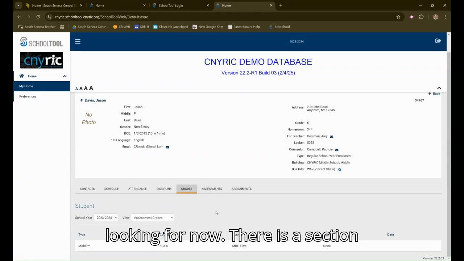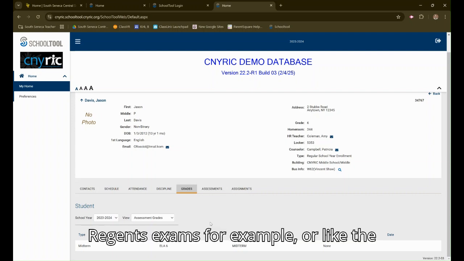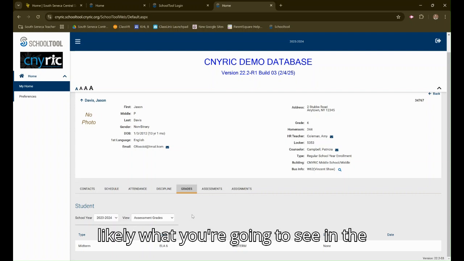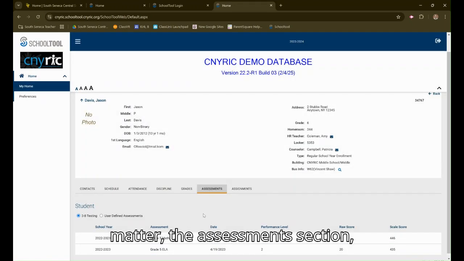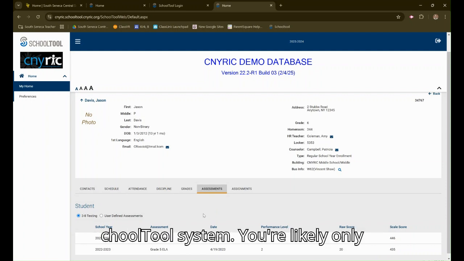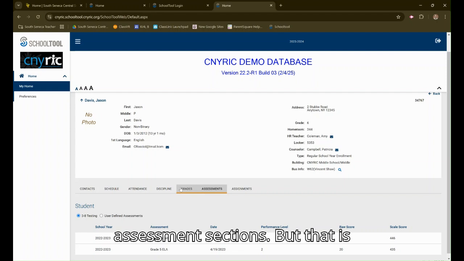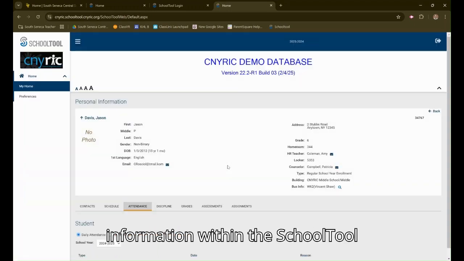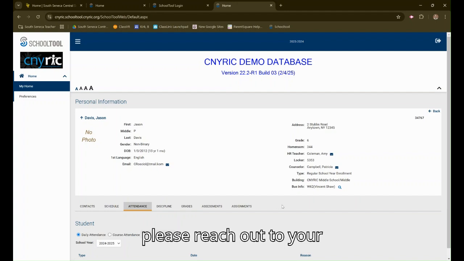Now, there is a section for assessment grades. These more likely are going to be state assessments, Regents exams, for example, or the yearly math exams. Those are more likely what you're going to see in the assessment grades section, or for that matter, the assessments section. Unless teachers are putting their assessments and flagging them in the SchoolTool system, you're likely only going to see state results in those assessment sections. But that is how you can access your students' grade information or attendance information within the SchoolTool platform. If you have any questions, please reach out to your students'